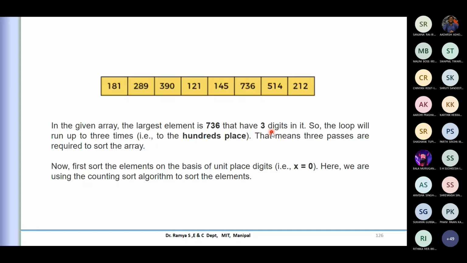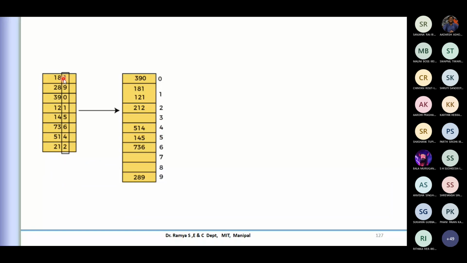So in the decimal system I'll require 3 iterations. That is, I have to iterate thrice. Then we will go from the zeroth place, that is the LSB, the least significant digit. So we'll start with that zeroth place to begin our iterations. This is the first part, the lowest order place.